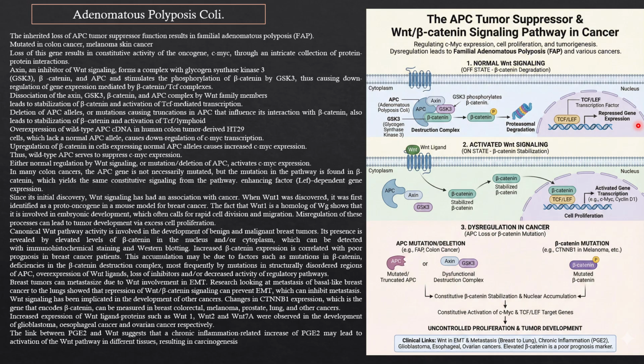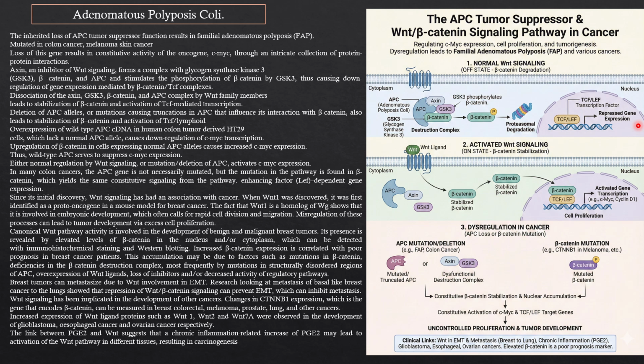When WNT signaling is activated, the destruction complex is inhibited. So beta-catenin becomes stabilized, accumulates in the cytoplasm, and eventually translocates into the nucleus. There it binds to the TCF and LEF transcription factors and activates genes such as c-MYC and cyclin D1 and promotes cell proliferation. In cancer, mutations in APC or beta-catenin disrupt this regulation, and